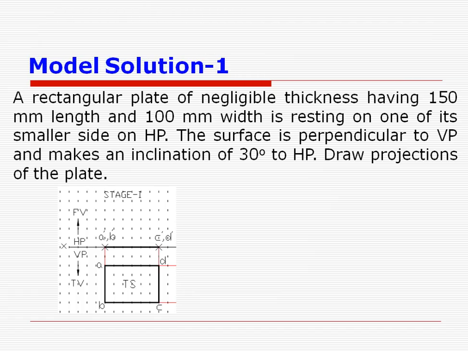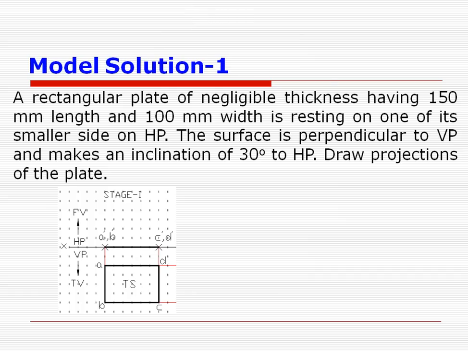Another point you have to take care is that because the line which has to finally lie in HP, that line you retain or you position in such a way that you get a point corresponding to that. So that is possible by making that particular line in this case as perpendicular to XY line.